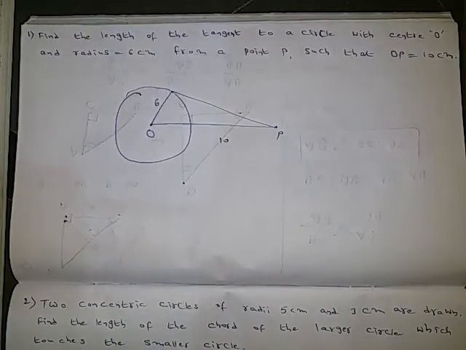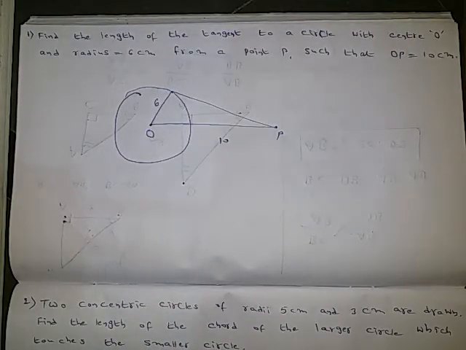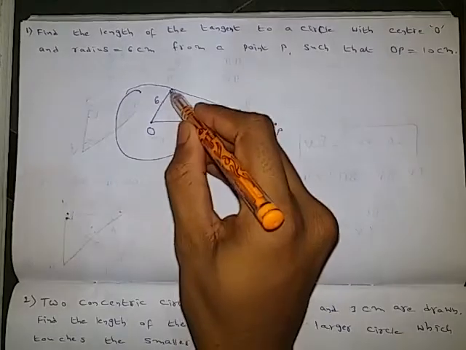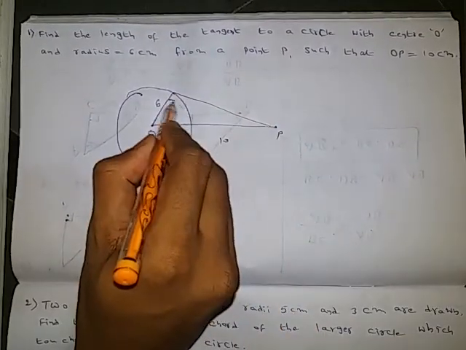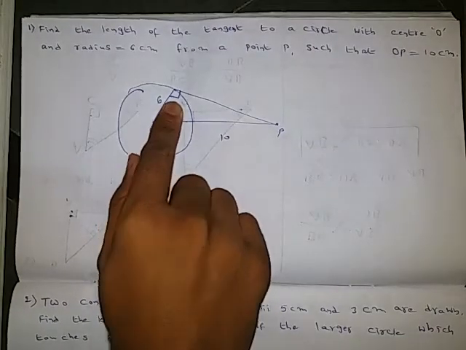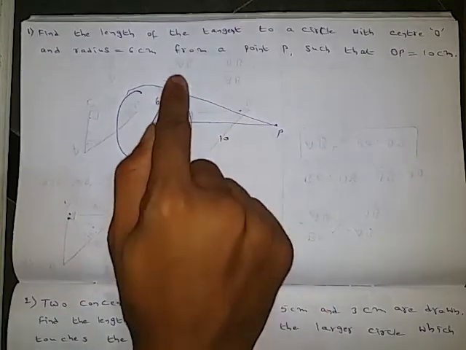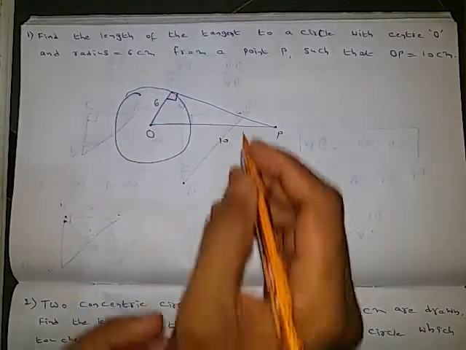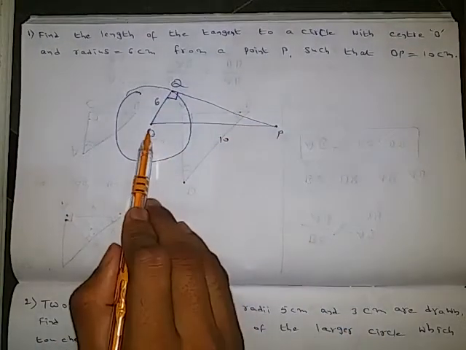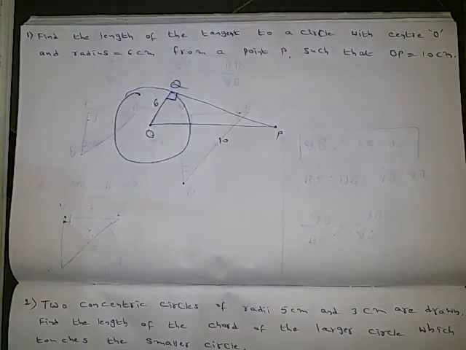So anyway, the process is the same. Now the first logic we need to remember here is where the radius is touching the tangent. This is the radius and this is the tangent, so these two are touching here. Where the radius is touching the tangent, it forms 90 degrees. So if it is 90 degrees, this figure, I am writing some name here, OPQ. Now this OPQ triangle is nothing but a right angle triangle.